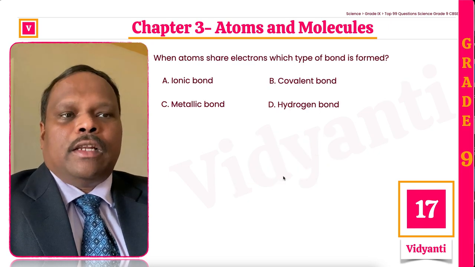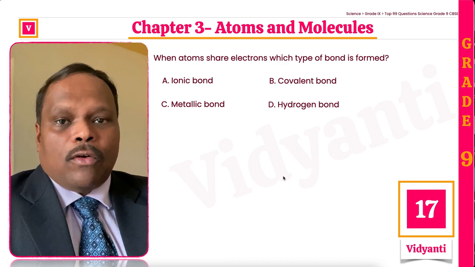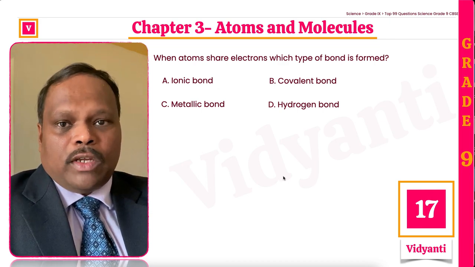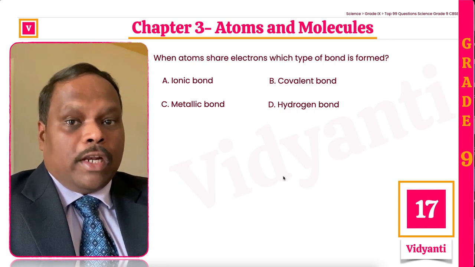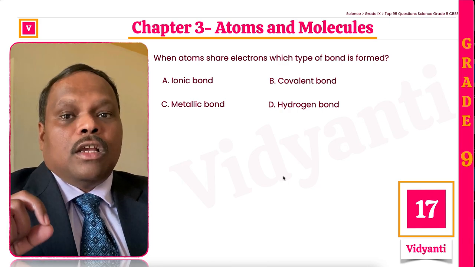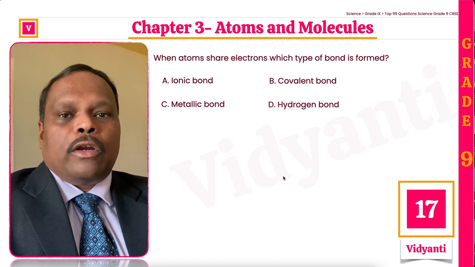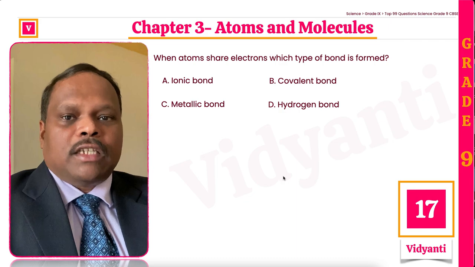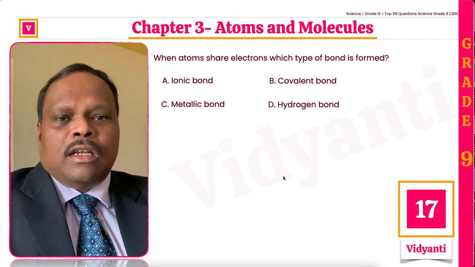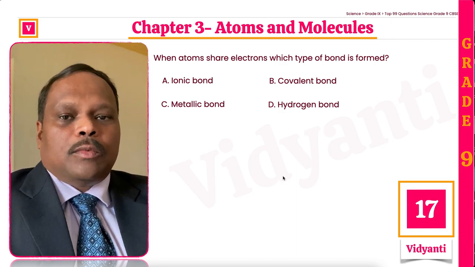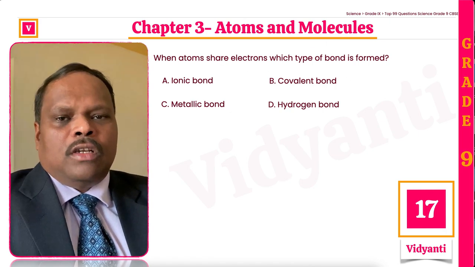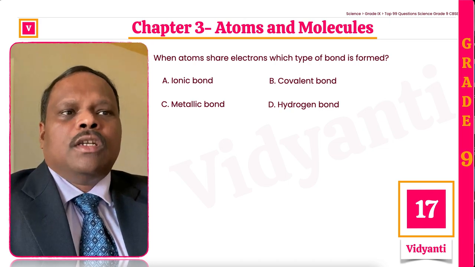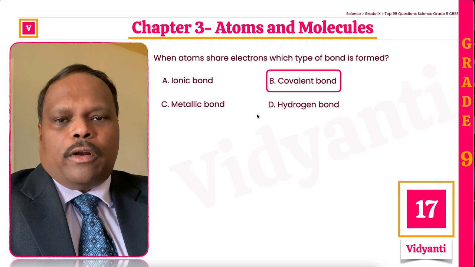When atoms share electrons, sharing is the keyword. Remember, we have two types of bonds. One is ionic bonds, where we actually have exchange of electrons. So atoms actually lose an electron or gain an electron, thereby acquiring positive or negative charge, and then they are paired together. This kind of thing is called ionic bond. As opposed to that, here they have been asking about sharing electrons, which happens typically in case of carbon compounds. So that will be called covalent bond.